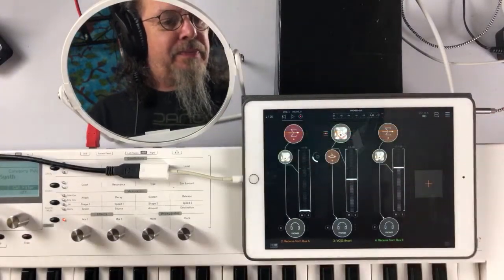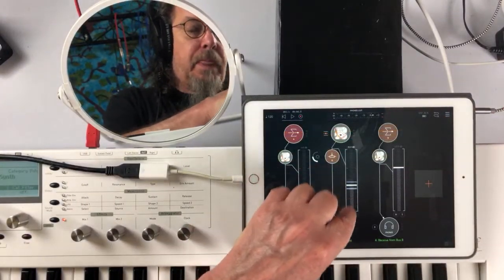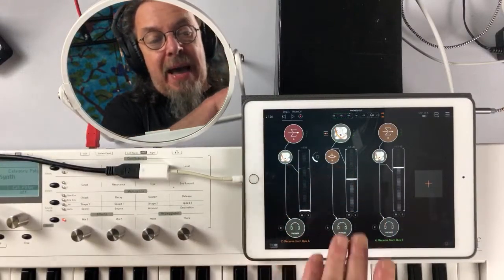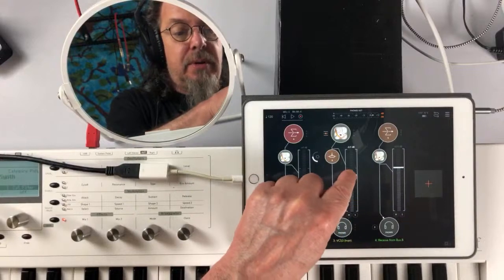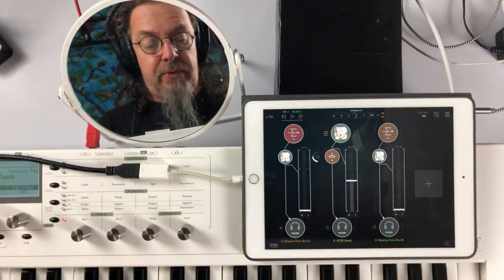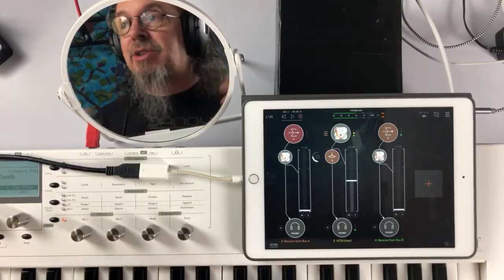Right, so now we have control over the level of the reverb and the actual instrument. But we can also, don't forget, turn the reverb off. And this just doesn't work with